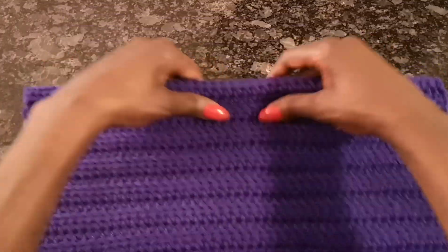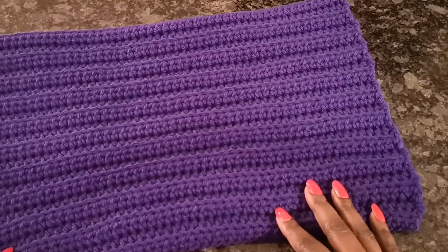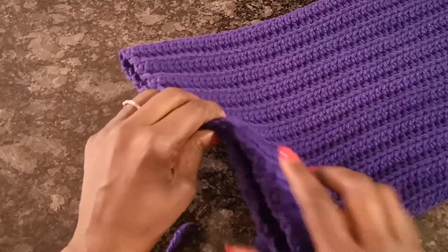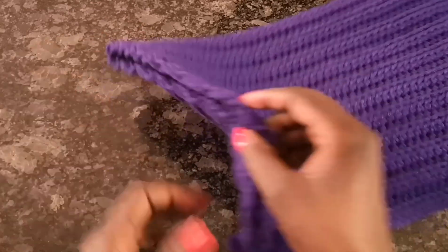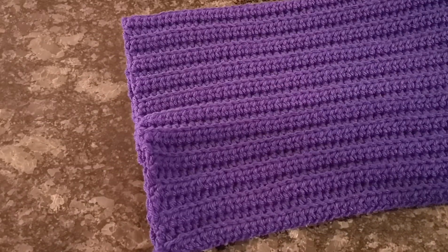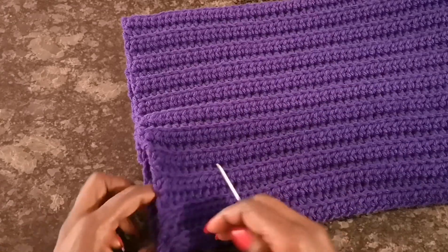Okay, now we go back to just kind of looking at it like this. Your hat should start to take shape like that, okay? And now we have to close this side shut because this is where the head is gonna go. So we have to make sure we close this side. We still have our string connected right here with the darning needle, so you're not taking that off,